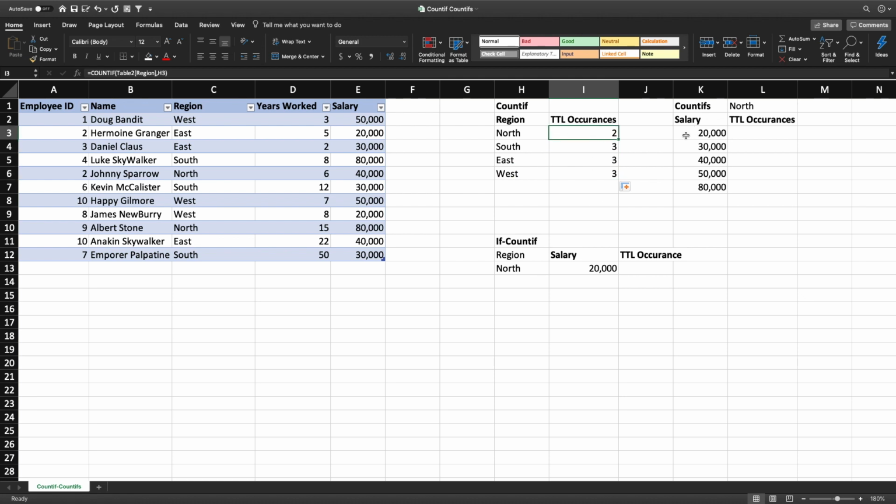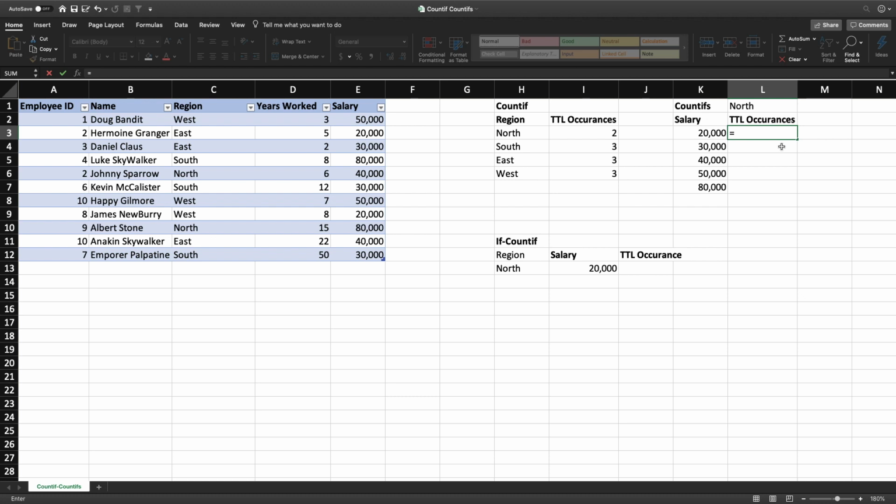Next, what we can do is we can use the CountIfs formula. So the CountIfs formula is basically the same type as the SumIfs formula, but instead of summing all of it together, it counts all of the things, but you can do it with multiple different criteria and ranges. So here we're going to look up the salary based on every time it shows up for the